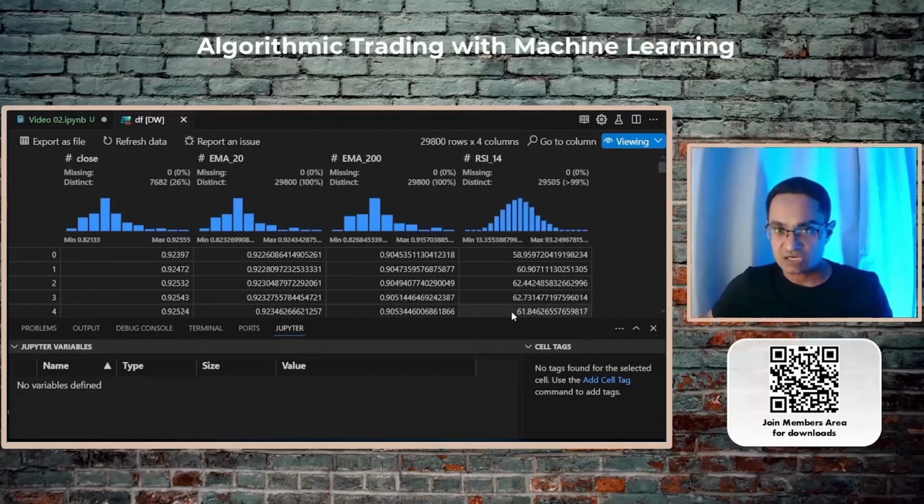So the next change that we want to make in this data is that we want to bring the closing price, or we want to shift the closing price up by 1. Why? Because our intention is to predict the closing price of the next period, not the current period. So for these 3 indicators values, this closing price corresponds to the same closing period, whereas we want to predict the next closing price. So I will simply shift the close column up by 1 and rename it from close to next close. Let's do that.